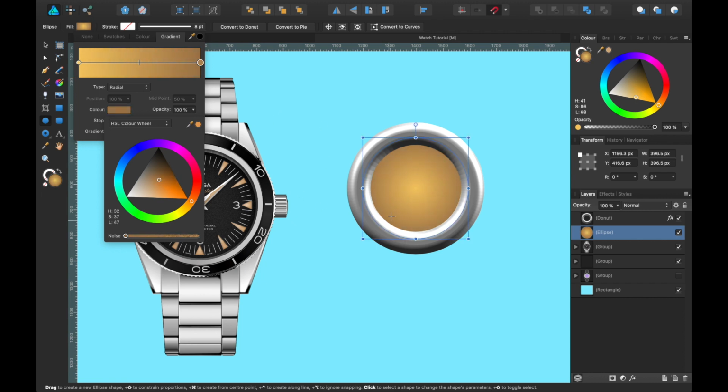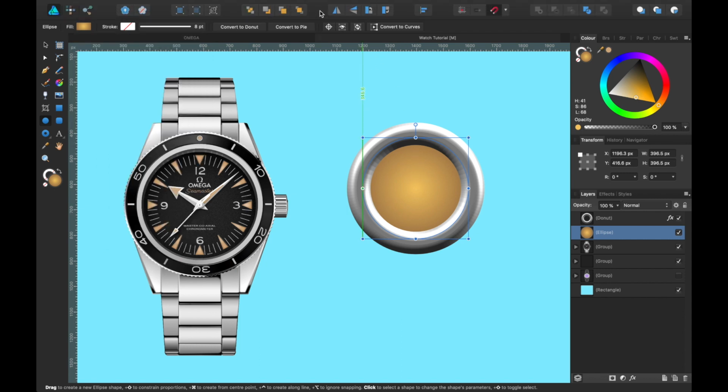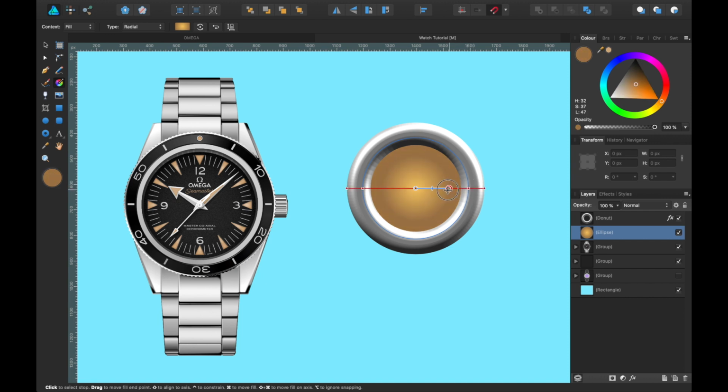If you'd like to play around with the amount of light and dark here, it's sometimes useful to use the fill tool. Click that and you can see how it works. If you want it to be a little less intense, just drag it to about here. And you can play around with the colors as much as you like.